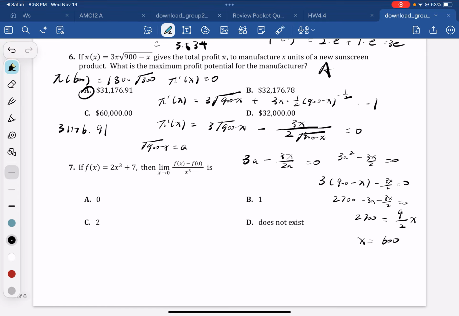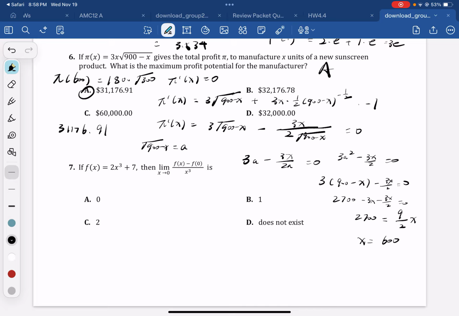So the last one. If f of x equals 2x cubed plus 7, the limit as x approaches 0 of f of x minus f of 0 over x cubed is what? So if we take the limit as x approaches 0, we can